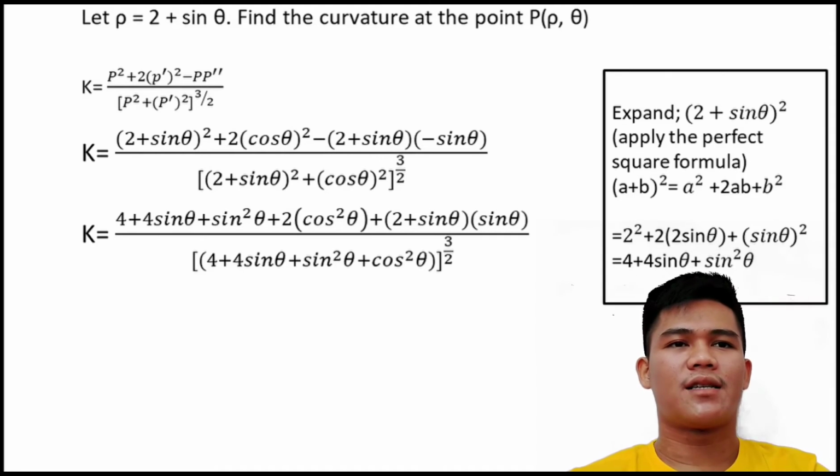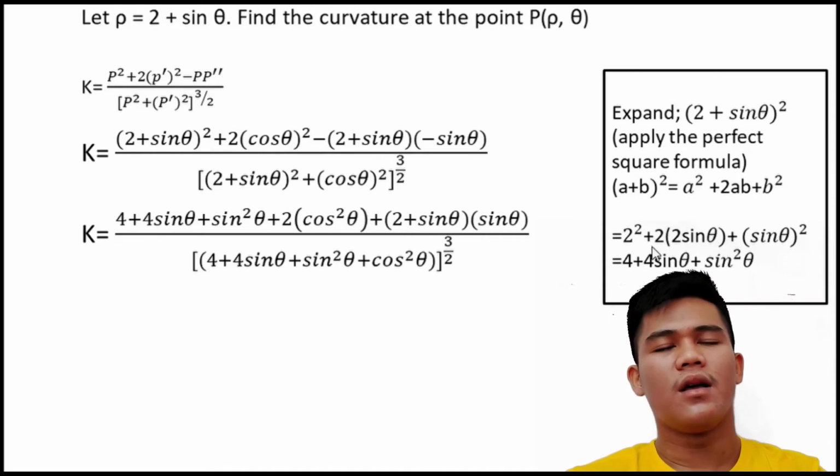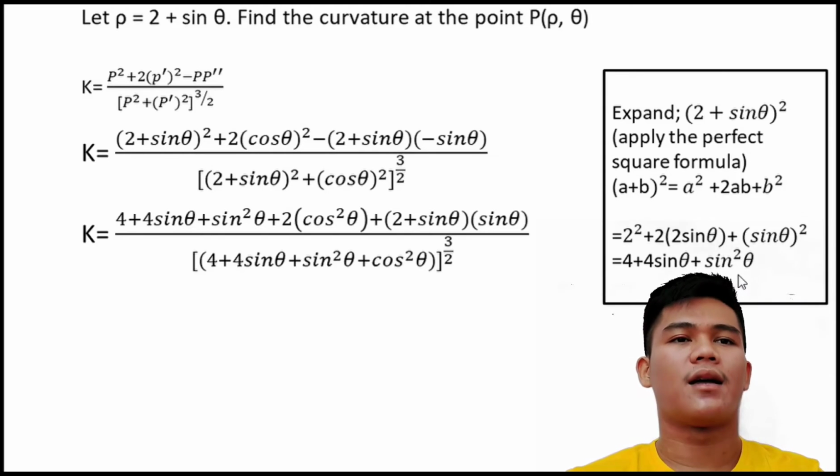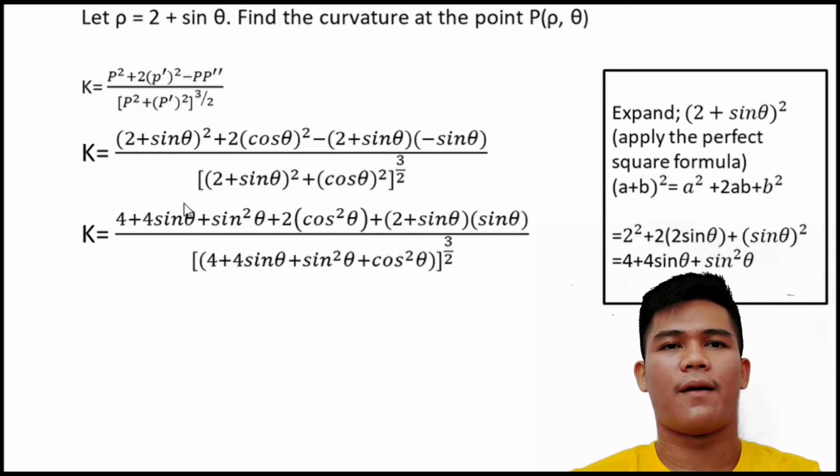So a squared is 2 to the power of 2, plus 2ab, which is 2 times 2 sine theta, plus sine theta squared, or b squared. So our final answer for 2 plus sine theta squared is 4 plus 4 sine theta plus sine squared theta. That's why we have 4 plus 4 sine theta plus sine squared theta plus 2 times